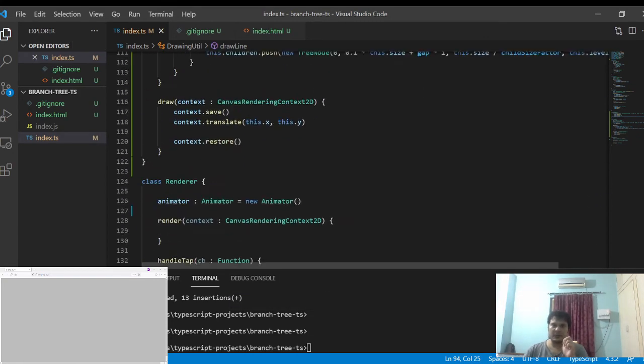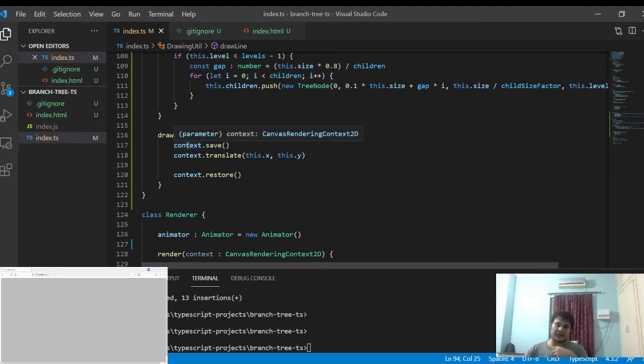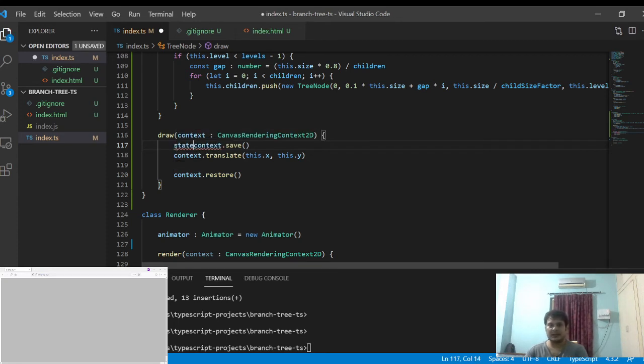Another thing is if you want to modify the canvas a certain bit, like you want to modify this context by doing some translation or rotation, first you have to save the state till this position, okay? And then you have to restore to that particular state. So say at this point the state is state 1, okay? And we do some translate, it will become state 2, okay? We do some rotation, it will become state 3. But if you call the context restore method, then again the context will have state 1. So this is a certain logic which you can find in the HTML5 Canvas API.